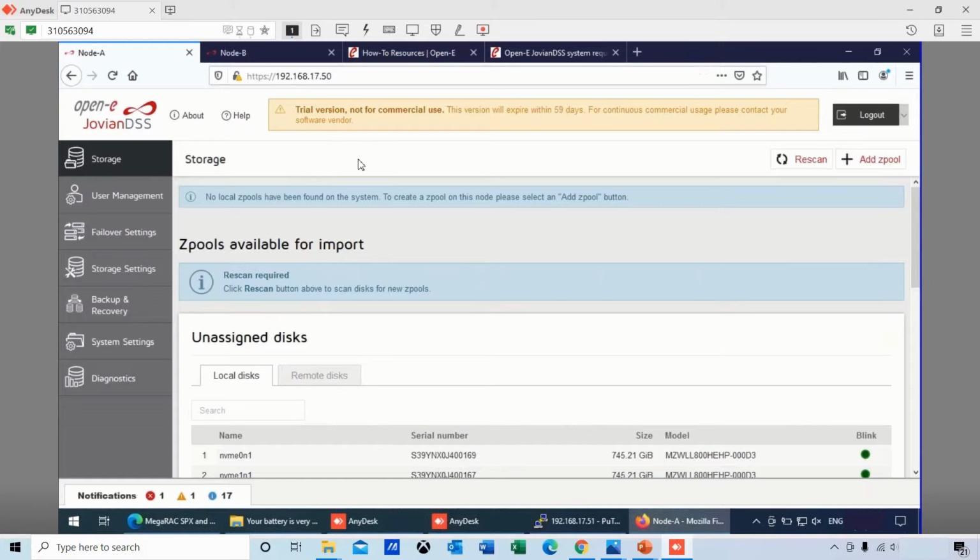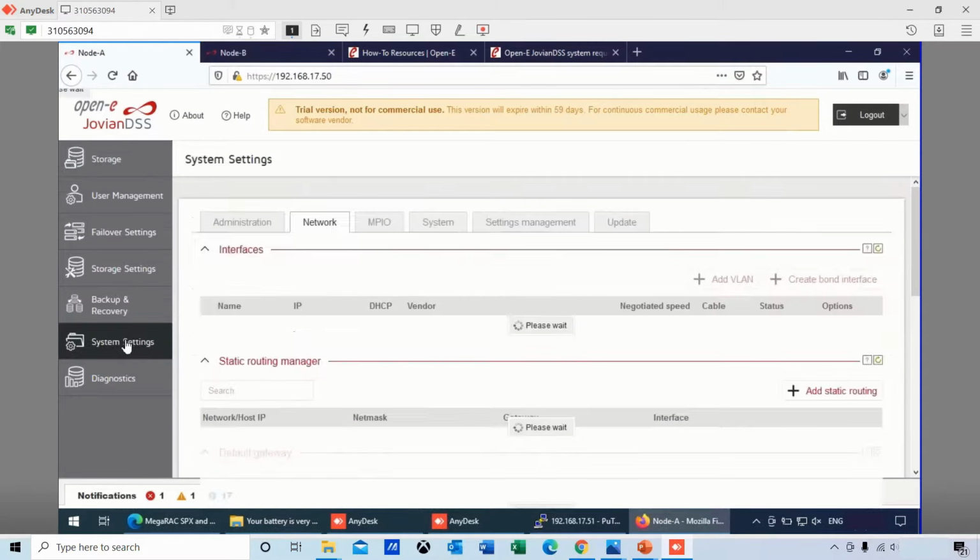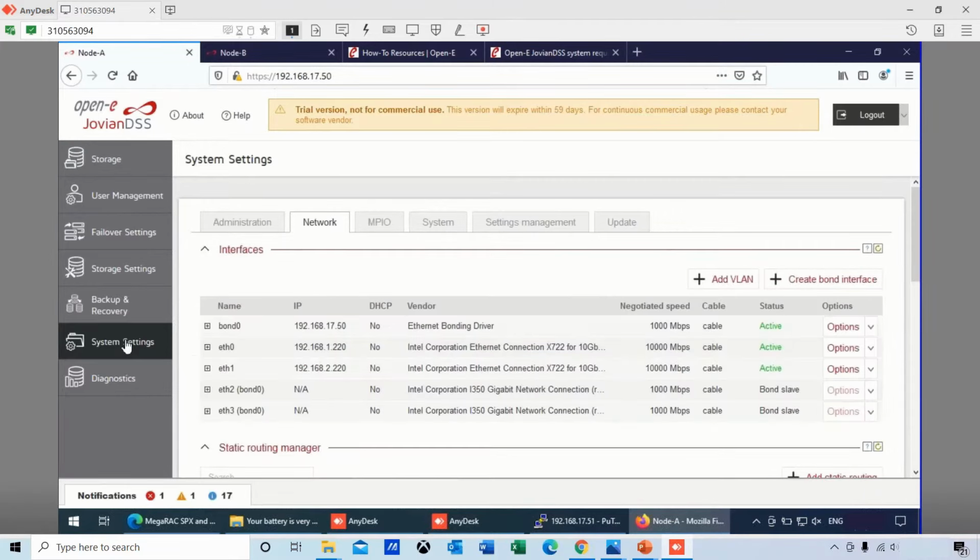So here we are. This is the GUI. We're using a browser. I like to preferably use Firefox, although you can use IE or Chrome. In essence, we've already set up the system to get this webinar to flow a little easier. Basically, I have two systems, Node A and Node B, that are listed here. We are on the AIC system. If we go to system settings, I like to show the components and then the components making the failover.